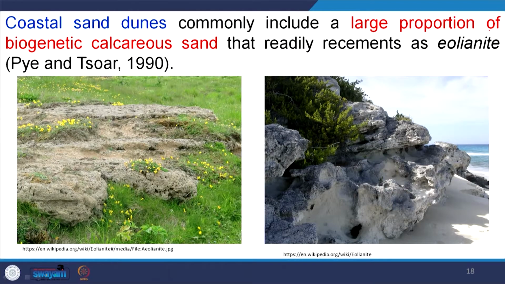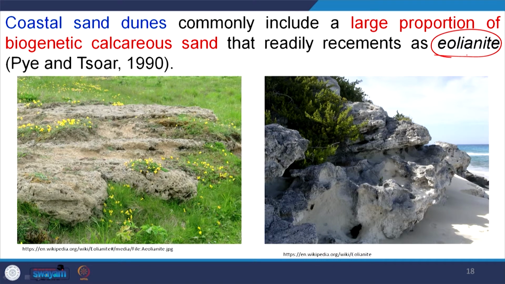Now, another part is your coastal dunes. If you move to the coastal area, there is a peculiar type of rock called aeolinite. So, aeolinite is nothing but aeolian sediment mixed with organic matter, and the organic matter may be of animal origin or plant origin. Irrespective of that, mostly the animal origin is calcareous material, like broken parts of shells. So, the organic matter together with the sand consolidates and recrystallizes very soon to form a material which is intact and consolidated, that is called aeolinite.